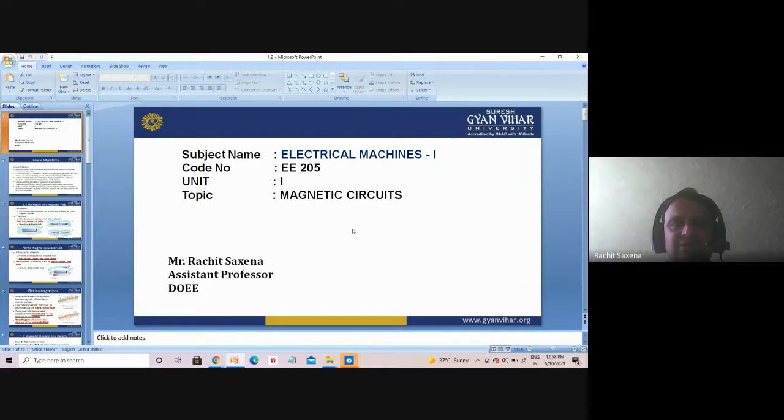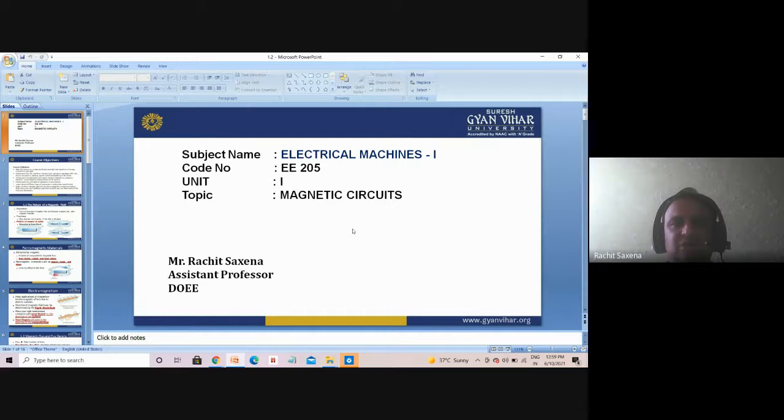Electrical machines have two parts: one deals totally with the DC machine, and two deals totally with the AC part. Direct current is machine part one, and alternating current machine is part two. So in this semester, the third semester, we are going to study the DC machines. DC machine comprises two parts: rotating electrical machines, motor and generator, and the transformer, which is non-rotating.